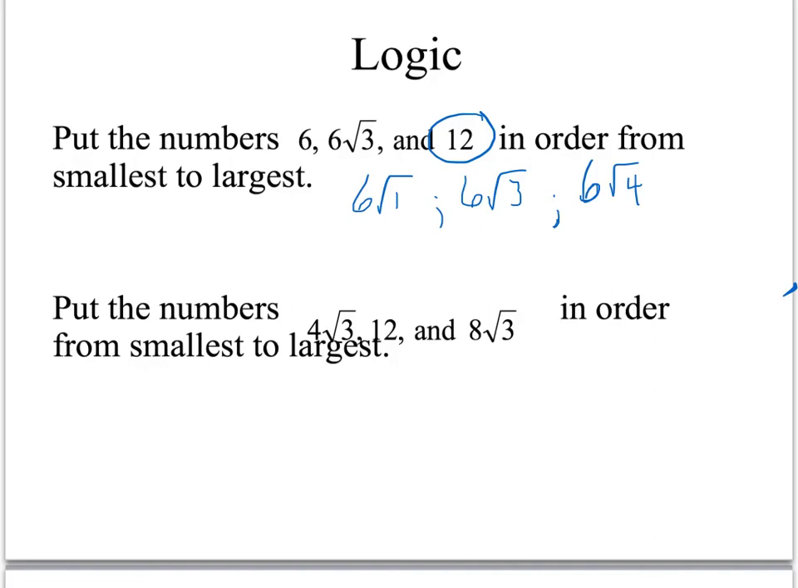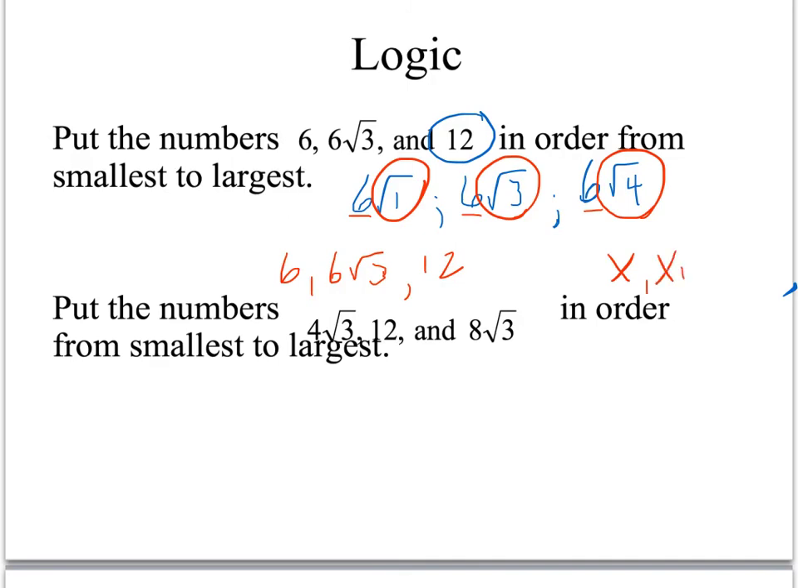So when I say put the numbers in order, the crazy thing is they are already in order, because when we change them so that each of them has the 6 in front, we see smallest 1, next smallest 3, biggest 4. That is why these numbers are actually already in order: 6, 6 root 3, and 12. I chose this problem for a reason, because in triangles you will see numbers x, x root 3, and 2x